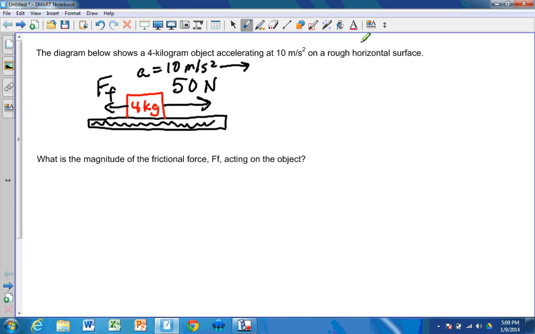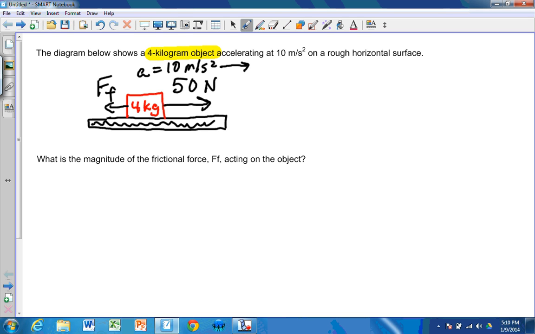And so the rightward arrow, the 50 Newton applied force or pulling force arrow, is noticeably larger than the leftward friction arrow. And then I'm shown again that I have an acceleration, and not only its magnitude twice, I'm shown that in the problem and then on the diagram, but then they also tell me that the acceleration is to the right. And so the first thing I want to address is this sequence of words right here, 4 kilogram